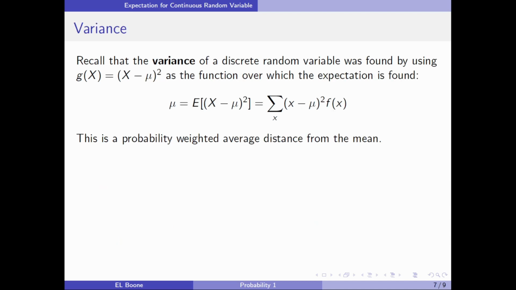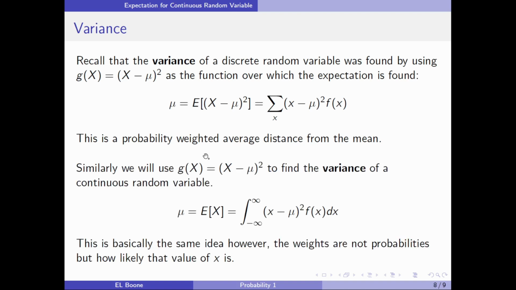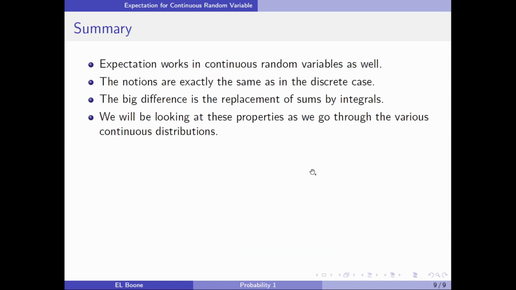Okay, we can move on to variance. Variance is the measure of spread, and here we have that the variance is a discrete random variable. Here's the formula we found. There's a mistake here. It should be sigma squared. Go back and fix it. Okay, so here, same idea. Replace the sum with an integral, put a dx on the end. Boom, done.